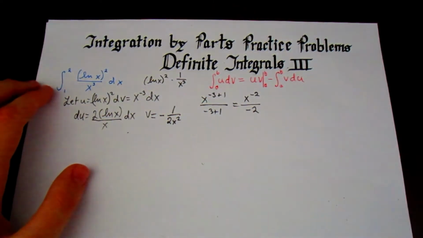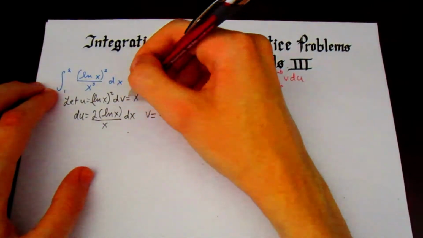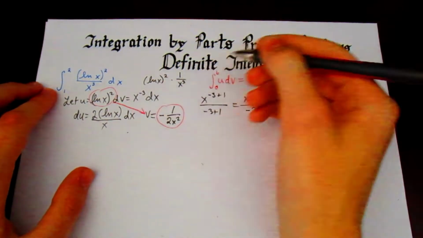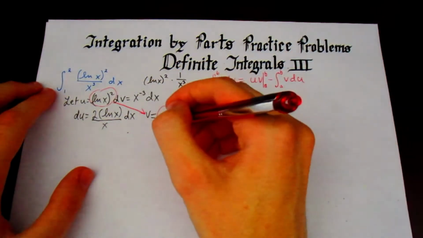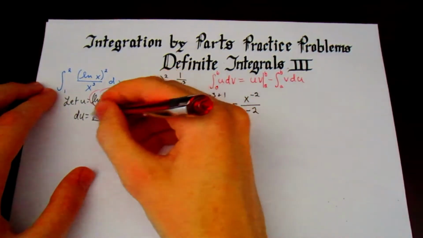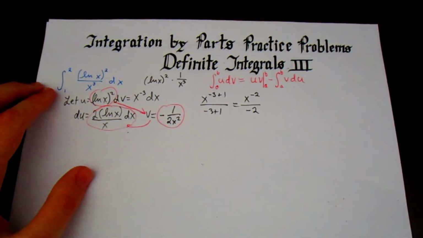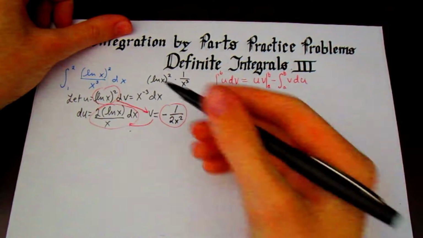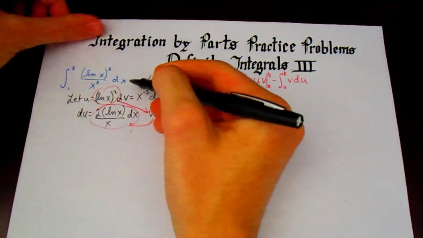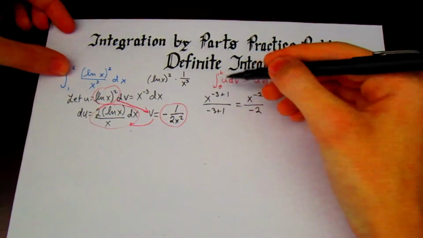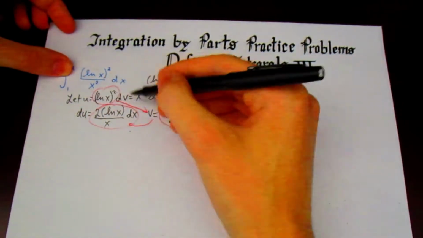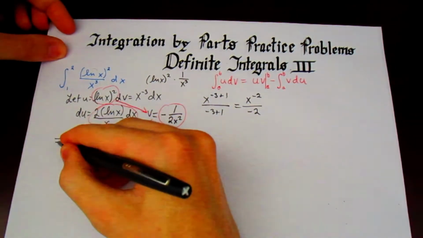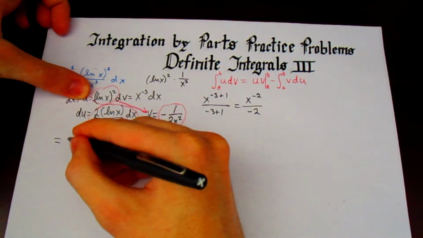Now I multiply what we got for u with what we got for v. Then I'm going to subtract the integral of v du. That's why I set it up like this, so you can draw arrows either in your mind or on paper. So this whole thing right here is the integral from a to b of u dv, and we assigned u and we assigned dv, and this whole thing is going to equal what we chose for u, which is